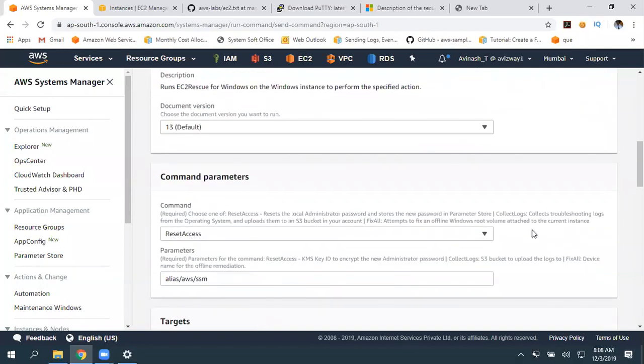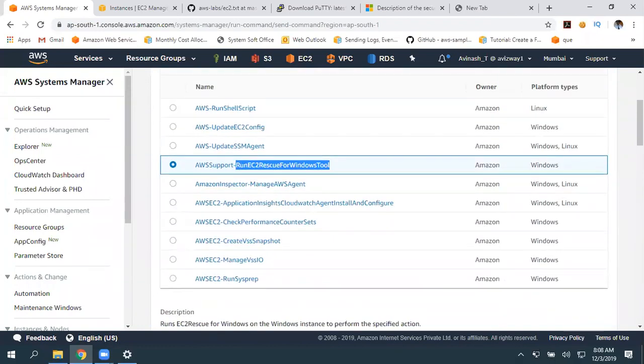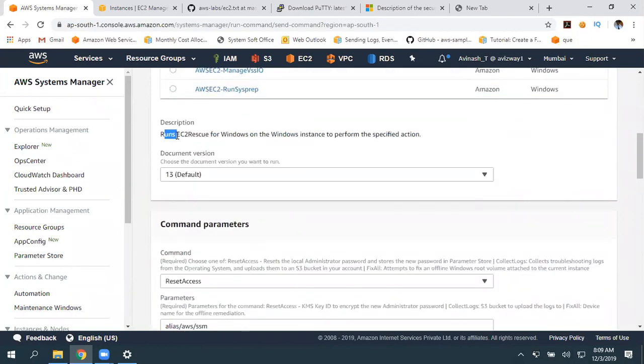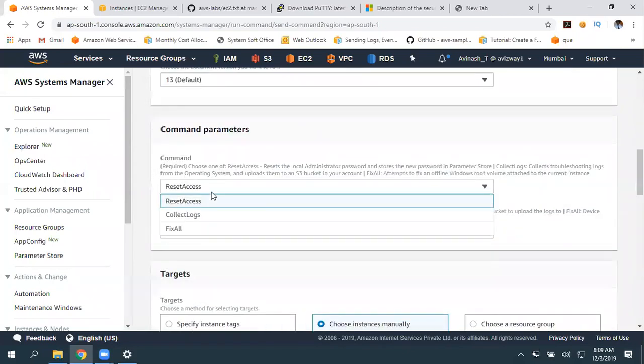For example, you have a local admin user called administrator. You forgot that user's password and you want to reset that. I gave one task, right? At that time I specifically asked you to perform it by using EC2Config only, but you can use this tool also. So just go here, run EC2 rescue for Windows on a Windows instance to perform the specified action. So here, what action do you want to